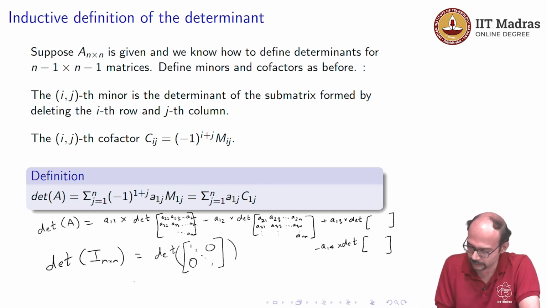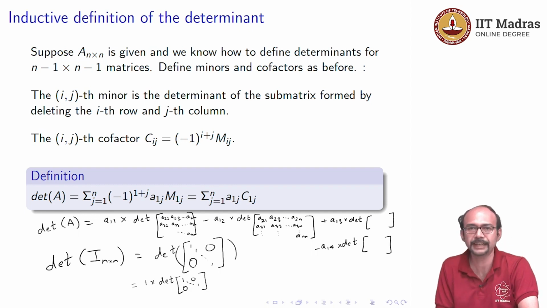Okay, so let us use the definition. So by definition, this is 1 times determinant of whatever the 1/1th minor. Okay, 1 times the 1/1th minor. So determinant of, you drop the first row and first column, so you get 1s on the diagonal and 0s on the off diagonal. So this is again an identity matrix of size n minus 1 by n minus 1,